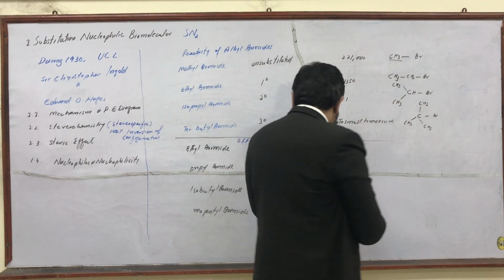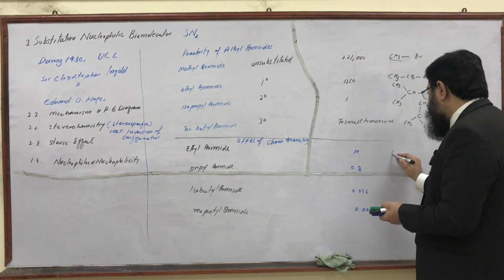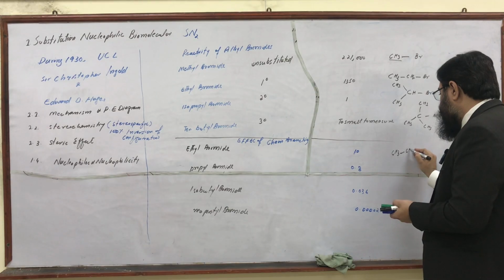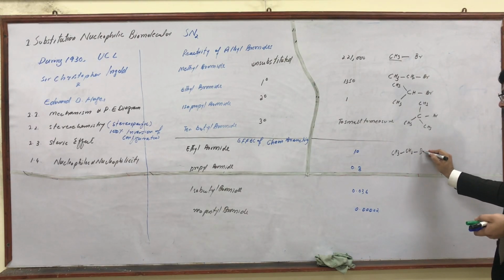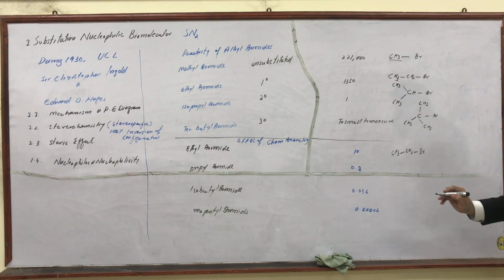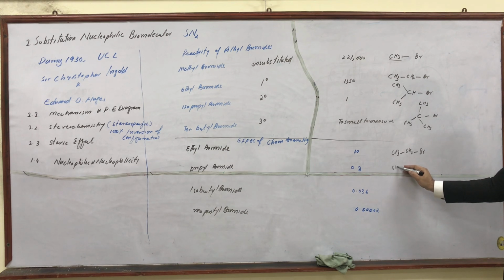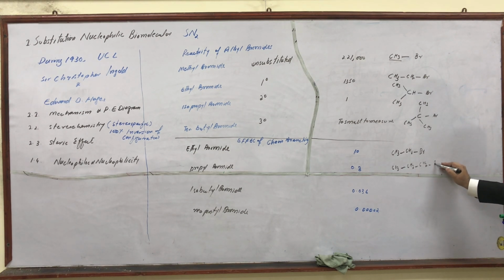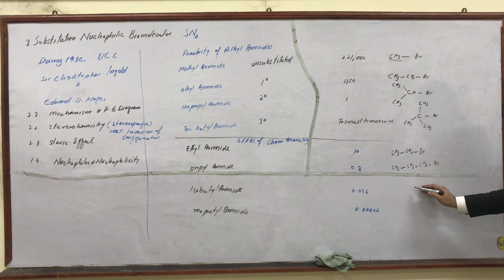We can write these molecules like ethyl bromide, CH3CH2Br. Propyl bromide is CH3CH2CH2Br. For isobutyl bromide,